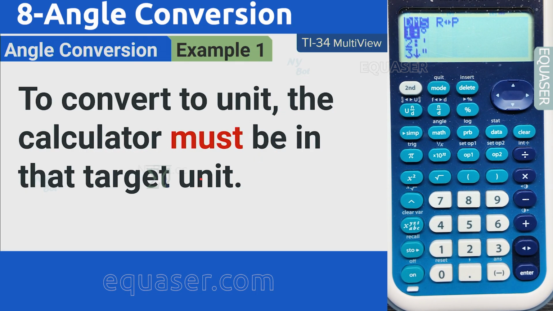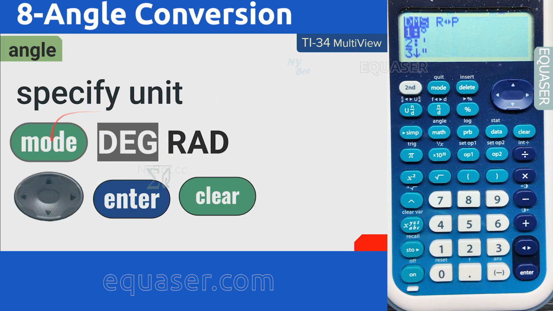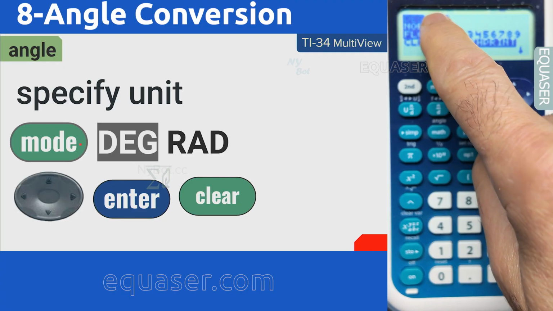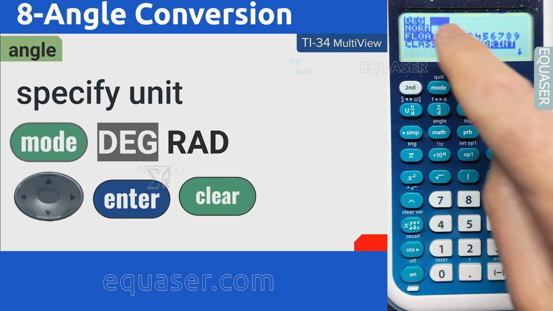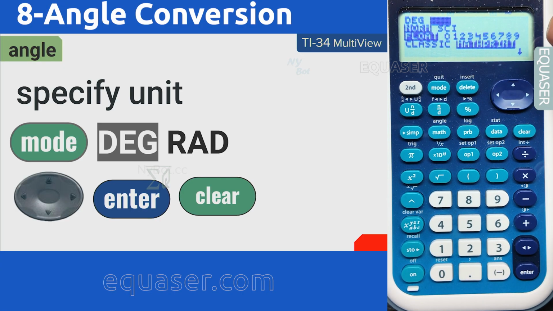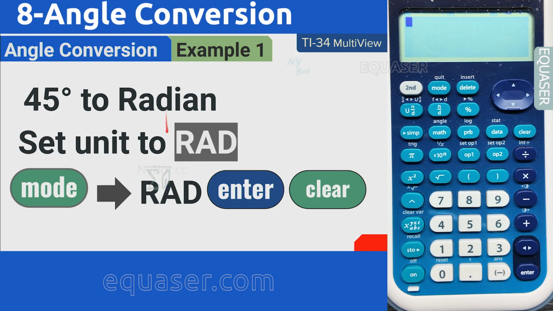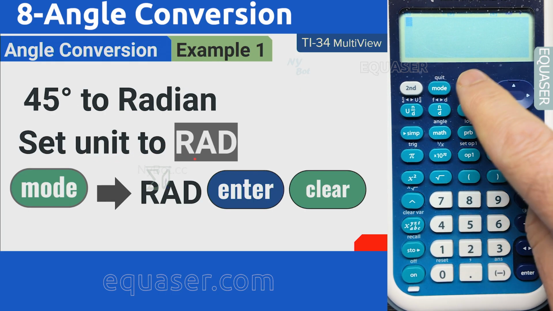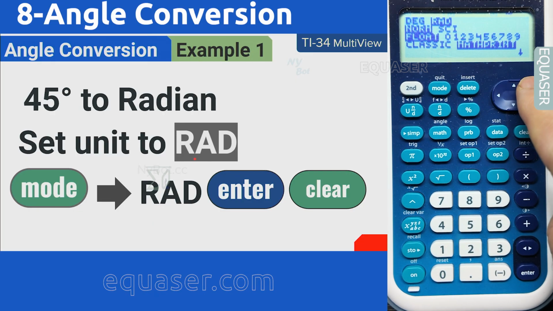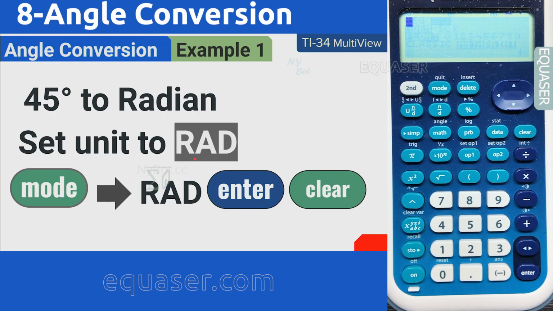This is example number 1. We can specify the unit by pressing mode, and here it's in radian. I can go to the right, press, and it is selected. Press clear to exit, for example. And let's convert 45 degrees to radian. First we have to be in radian, which we already did. If not, go to the right and enter, exit,